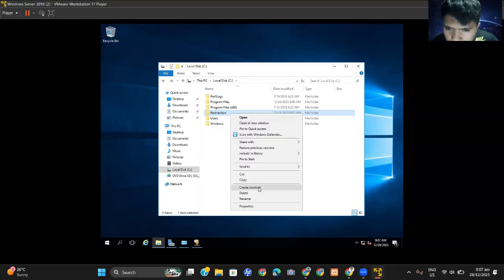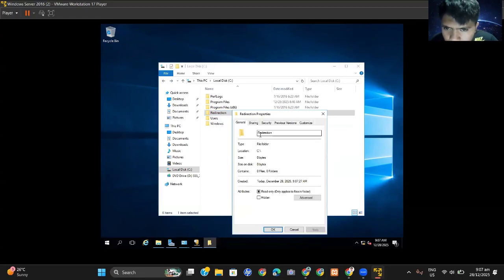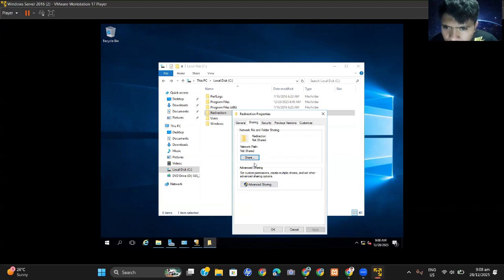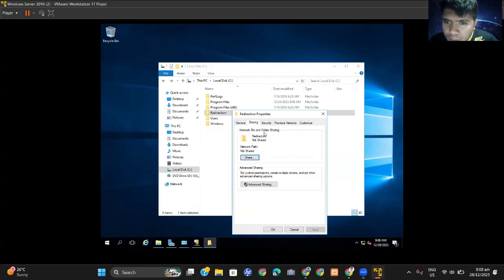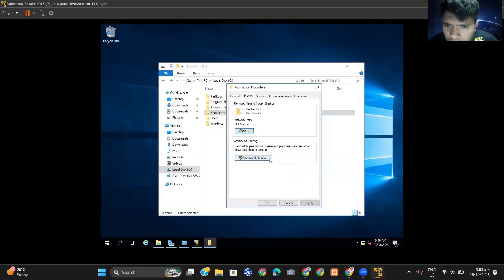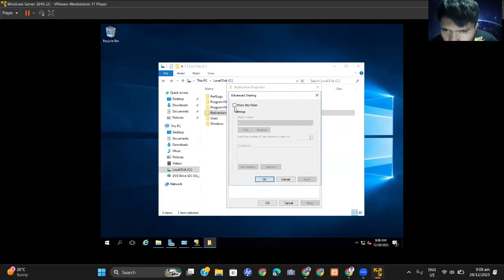So in here, we need to do something, so we can open the properties in here. Once we click the properties, just click the sharing part in here. Then we need to do the advanced sharing. So let's check share this folder.